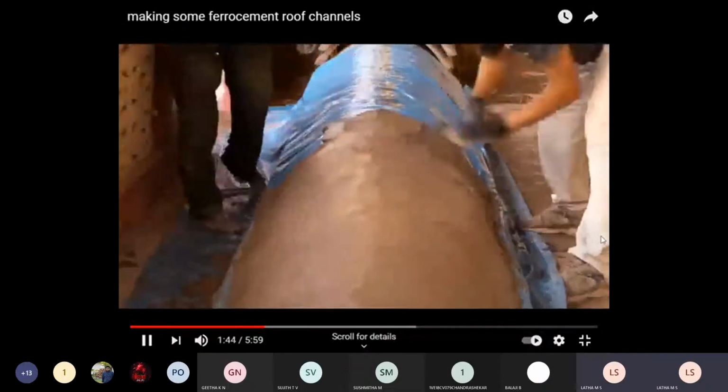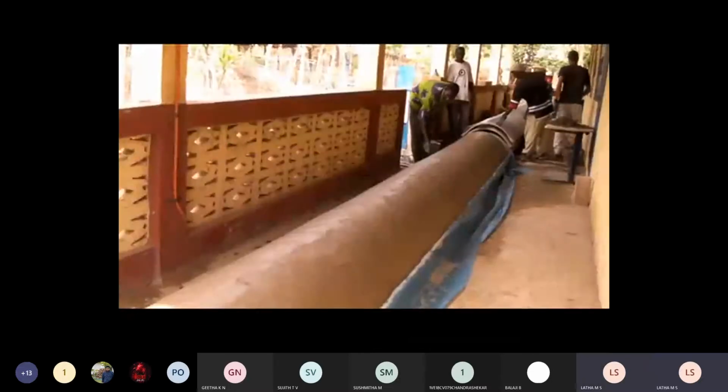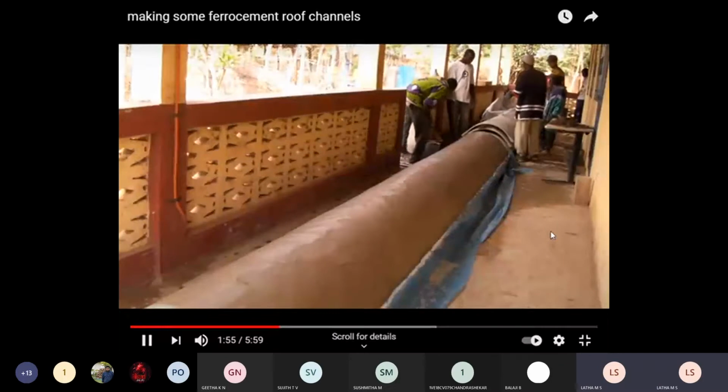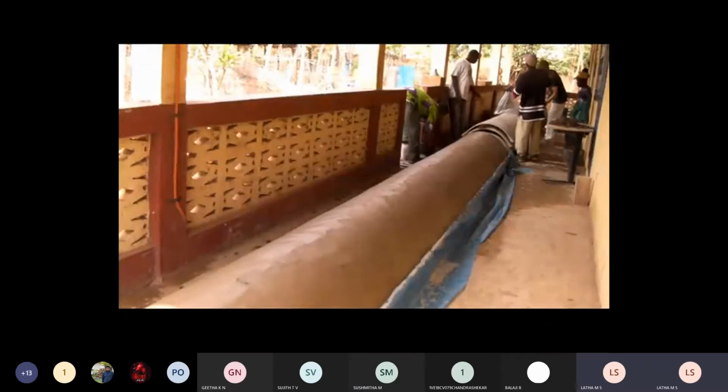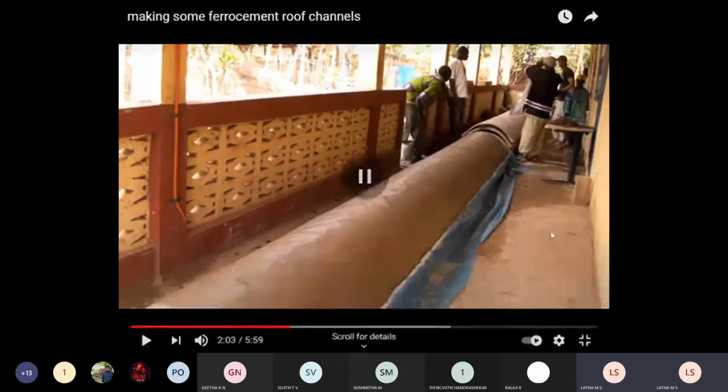This is a ferro cement construction taking up. See, the fineness is very nice. This is a channel. Complete length is a channel. Please understand what is a channel. It can be used for a roof purpose or for a culvert purpose. You can see on the other side, students, the channels are placed one above the other. The channels are curved in shape or a V in shape or any section it can be.